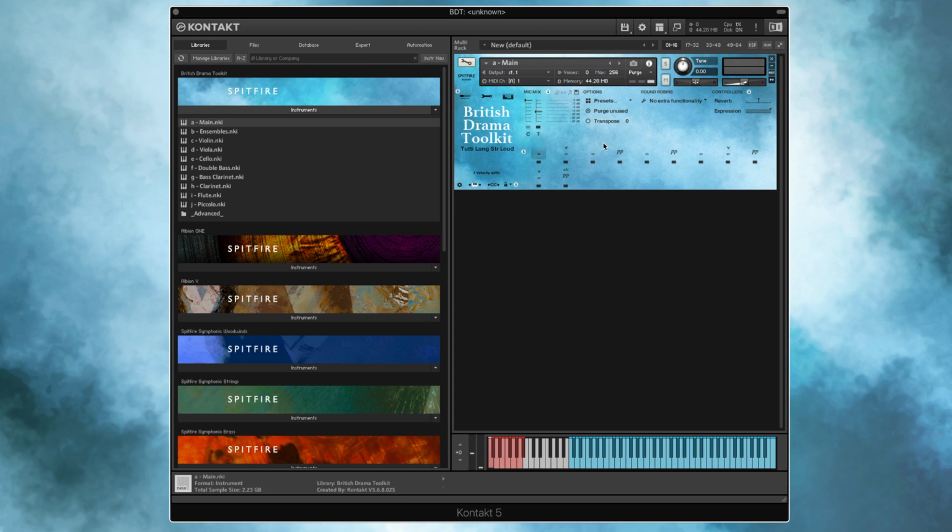Underneath the Purge Unused option, we have a Transpose option. This transposes the playable range of the instrument. Please note that it doesn't actually transpose the samples, it transposes the playable range. So for instance, if I take our phrase from before and play that transposed up 1 octave,